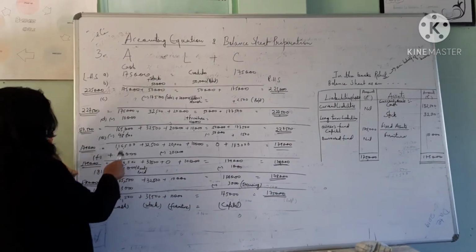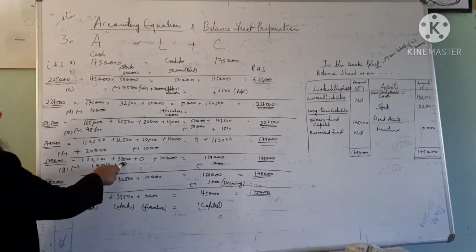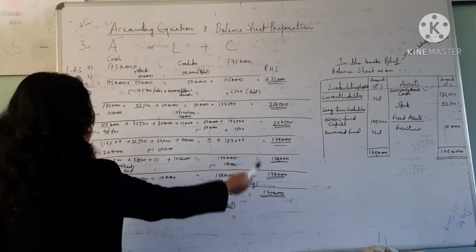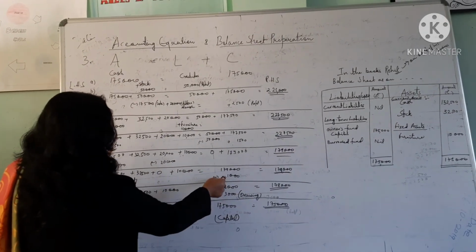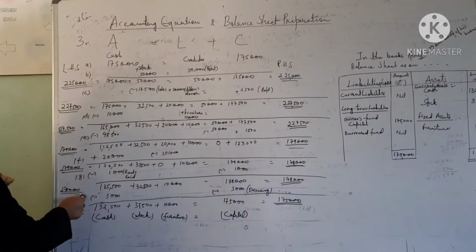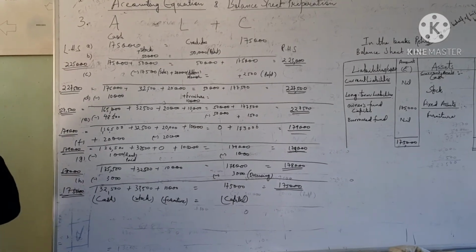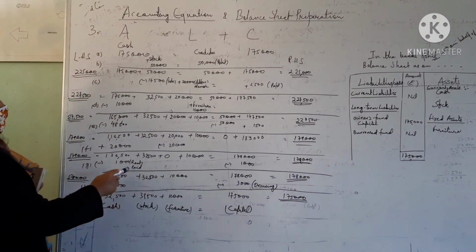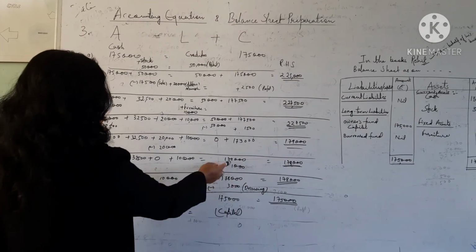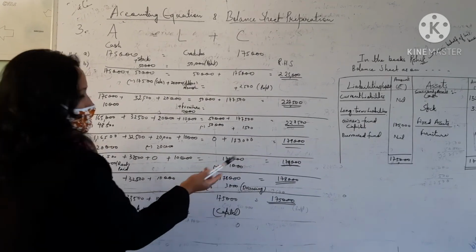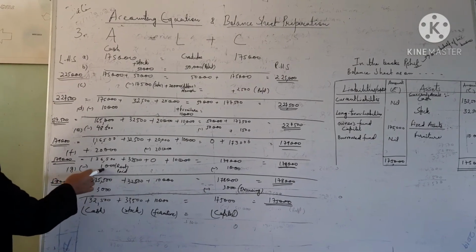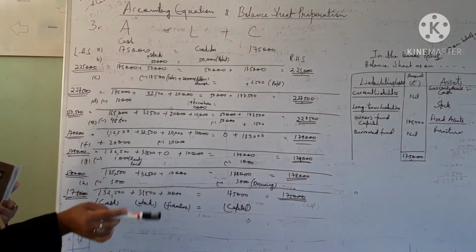Up to F number, see the cash position is 1,36,500. Then this stock position, and then this one is debtors position. Okay? And in the right hand side, only capital position. Okay, and now the effect of G position is rent paid. When rent is paid, cash is decreased as well as the capital amount will be decreased. So after reducing the capital, now the balance is 1,78,000, and in the left hand side, see, it is decreased by 1,000. Now cash is only 1,35,500.